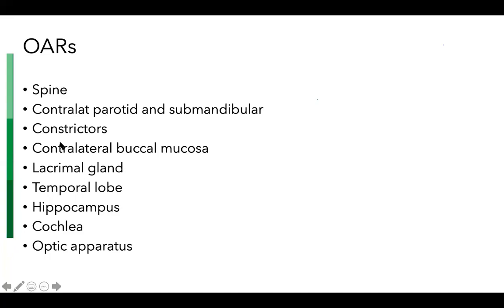Of course, now we know that we must spare the constrictors, we must spare the contralateral mucosa, buccal mucosa. We must, but there's some value addition beyond that. So when we are talking about going suprazygomatic, we need to worry about the lacrimal gland, we need to worry about the temporal lobe, and we also need to think about the hippocampus because now we are talking about a